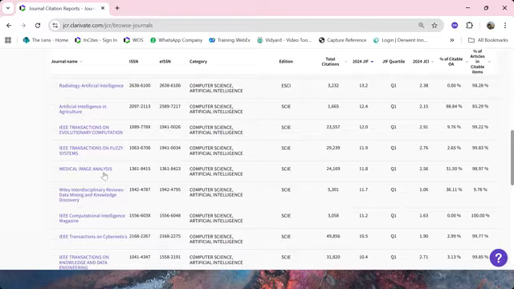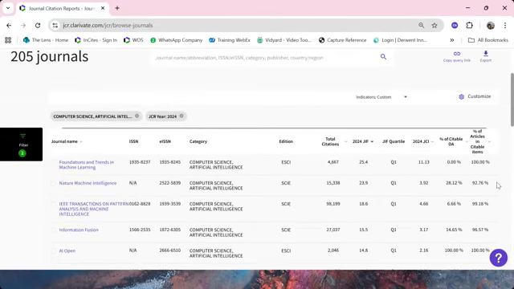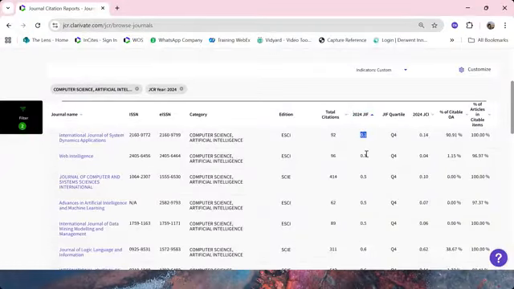Now, I see a question from Lillian. Can you repeat how to know the quartile? Okay, so if you see here on this screen, each journal will have its own quartile. So the quartile is based off the total JIF range. So for example here, the highest journal impact factor is 25.4 and the lowest is 0.1.